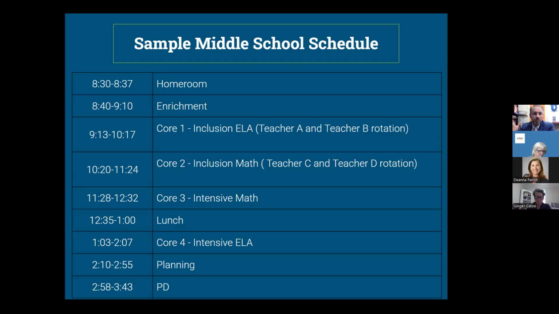It needs to be structured, and you need to either be preloading them with something, or we're working on some skill that again helps them access the general curriculum. So that's just an example of what one of those schedules might look like. And again, personnel matters. We were lucky at the school I was at. We had four resource teachers, so one per grade level, and then one person to run that academic support model position right there. So that all worked out for us.